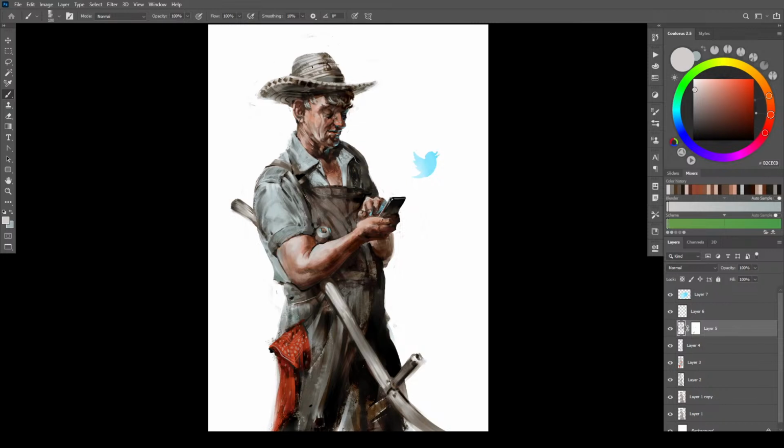Just kind of inverted. Yeah, let's get that blue up in here on the inside out of the hat. Maybe on the hair a little bit.